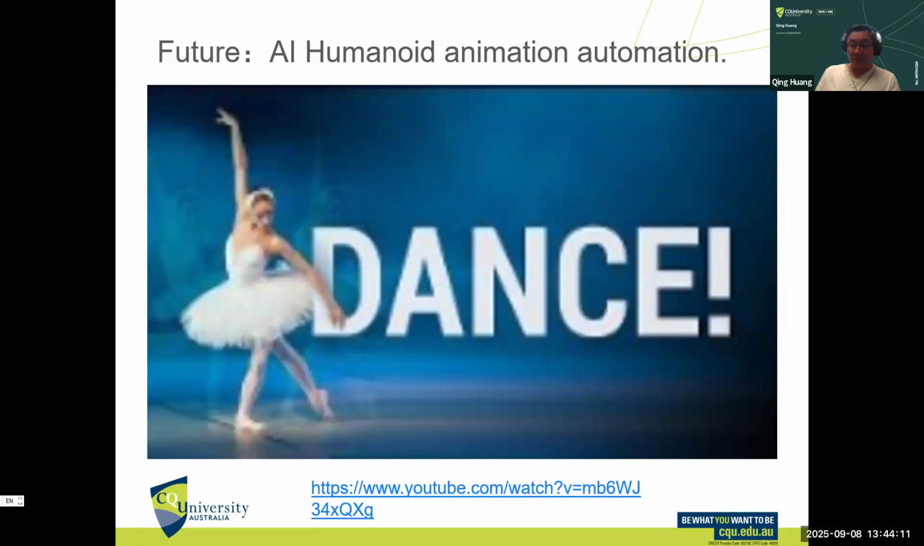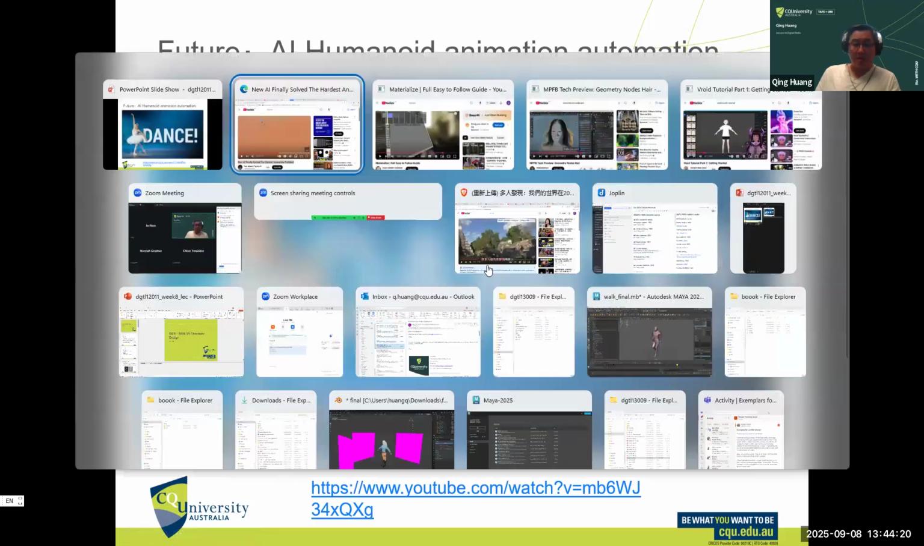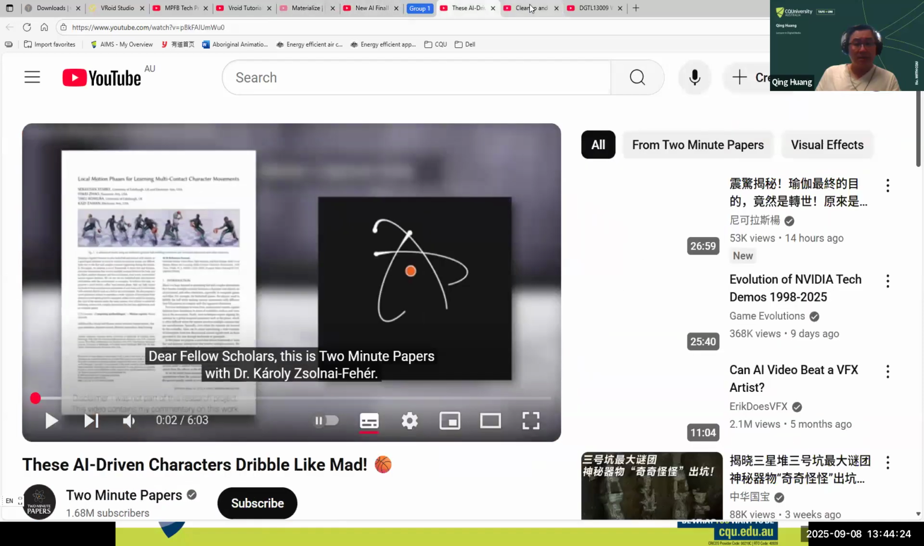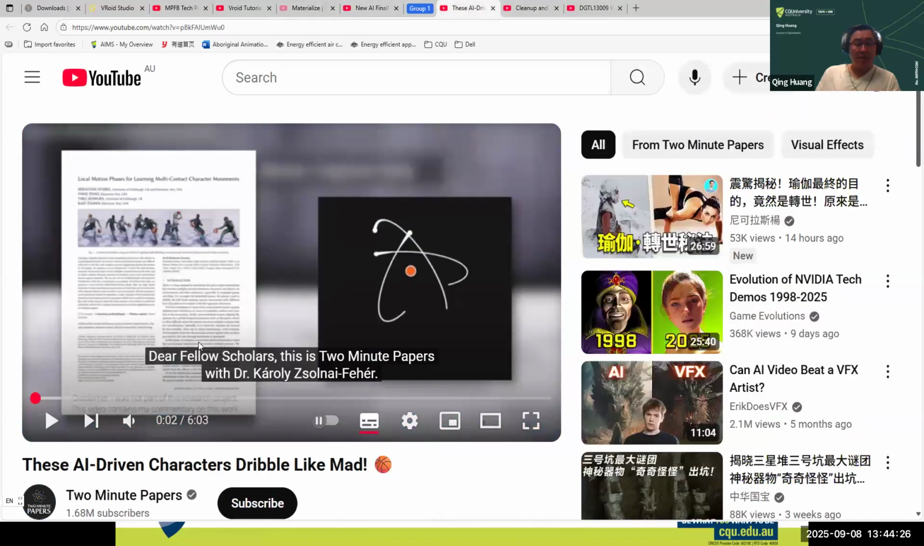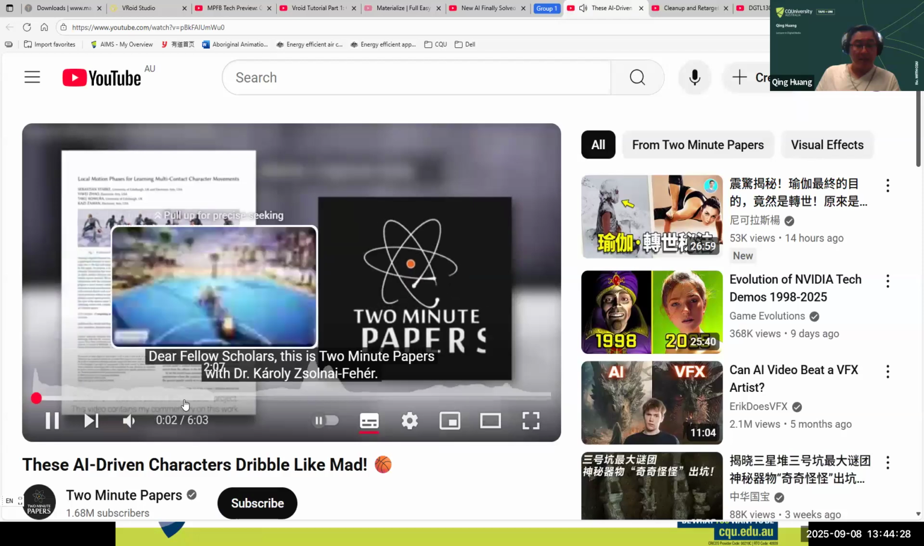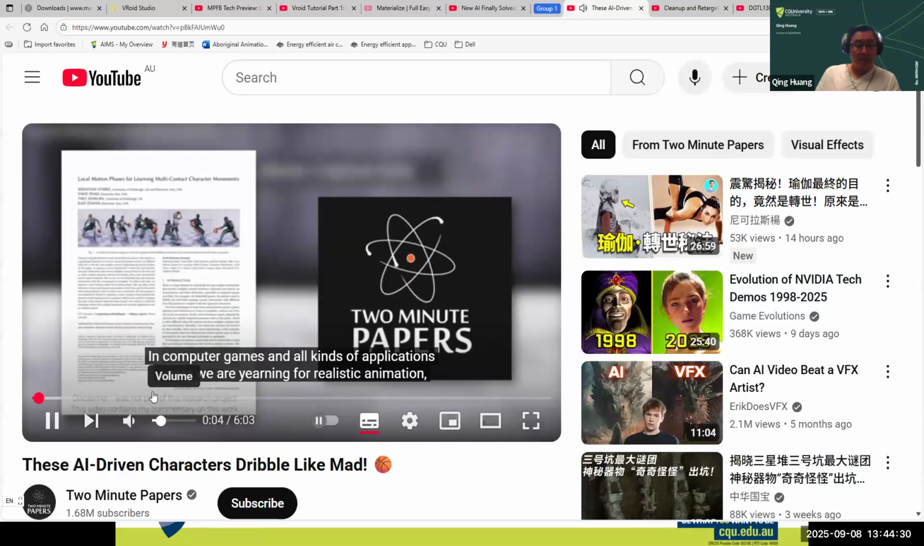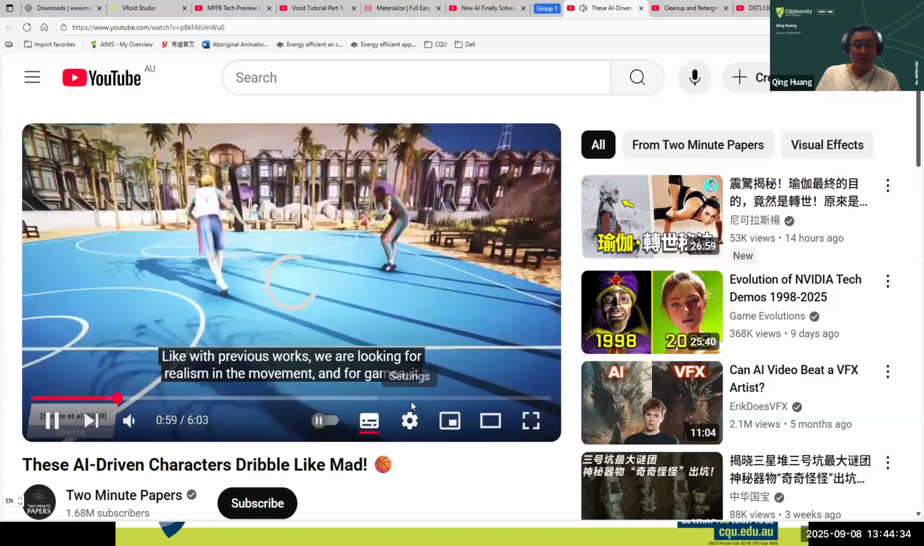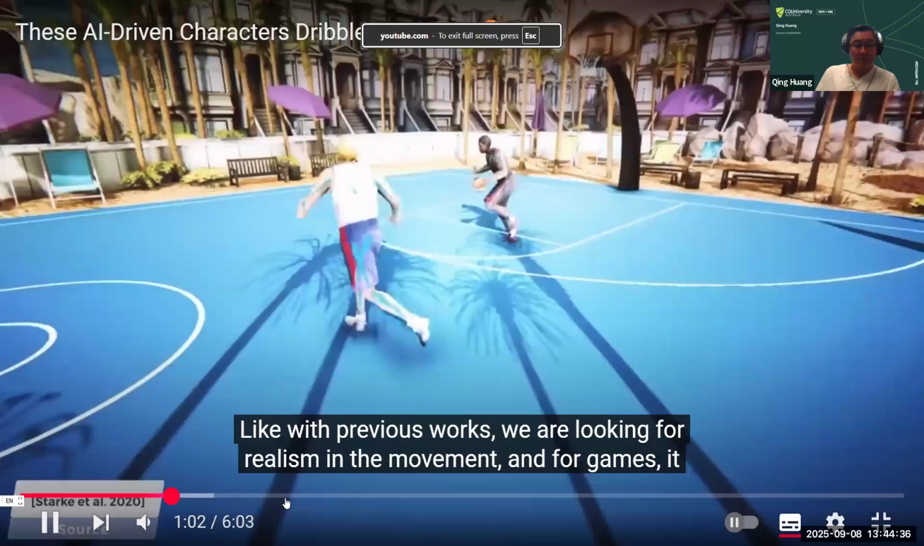So like in this one, they already have the package of that. Just you need to, where is it? So like Papers with Dr. Károly Zsolnai in computer games. You just need realism in the movement, and for games it is also a requirement to